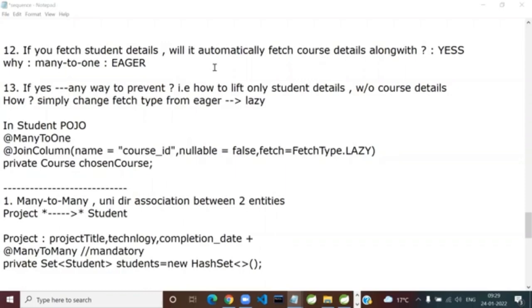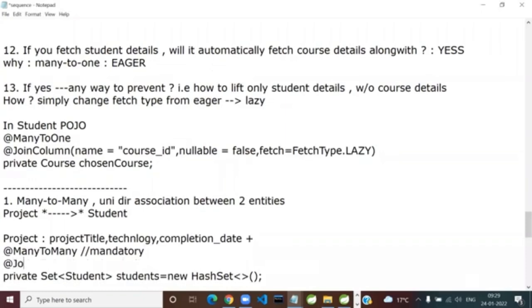You must have done many-to-many in your DBT. Exactly. The student ID and a project ID. But who will decide the names? Answer is again Hibernate. So if you don't want that, you have an additional annotation. And that annotation name is JoinTable. And then you have joinColumn name, inverseJoinColumn names, and all of that. So that is what we are doing.